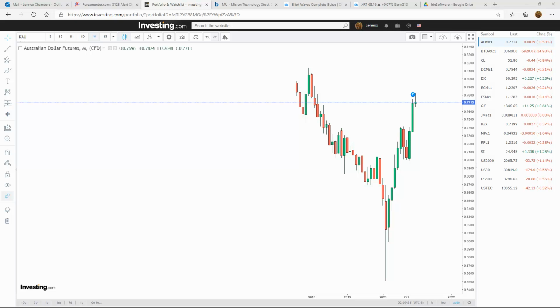I'm going to go over all the futures with the currencies and some of the US indices. Okay, taking a look at Australian dollar first. This is the monthly time frame. I'll start on the monthly time frame just to break it down a little bit and show you